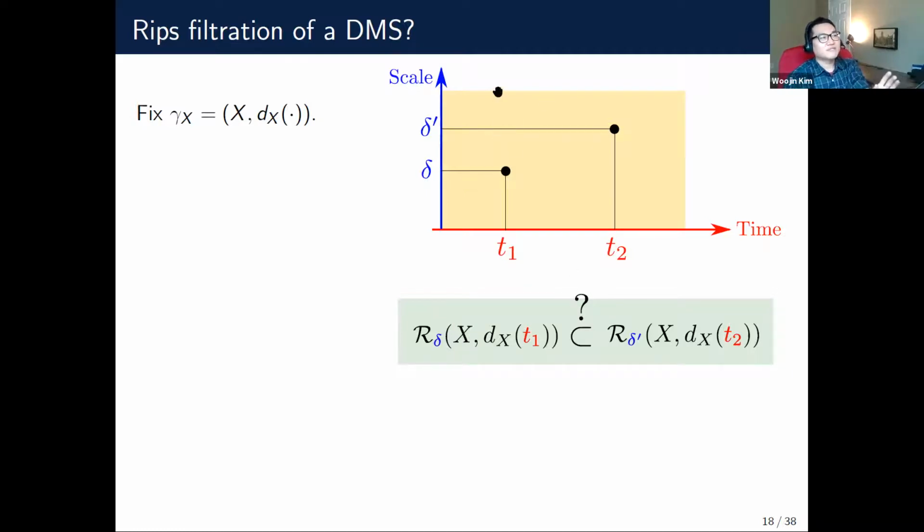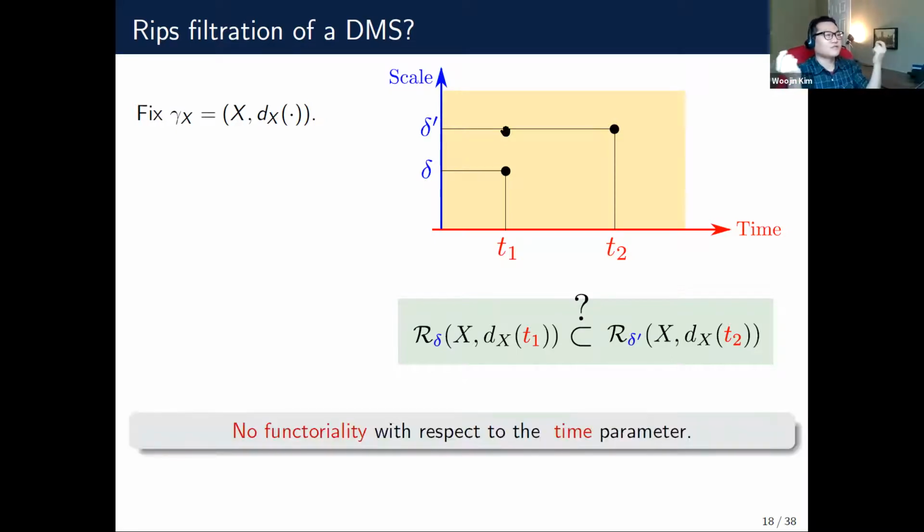But what we have from this picture is that whenever we fix a certain time, in the vertical direction, in the scale direction, we have a growing family of simplicial complexes. So we have a functoriality in the vertical direction, but we don't have functoriality in the horizontal direction. So that's in a way unsatisfactory. This parameter space is not enough to define multiparameter persistent homology. So we are going to change our